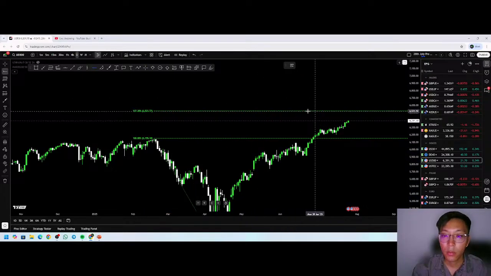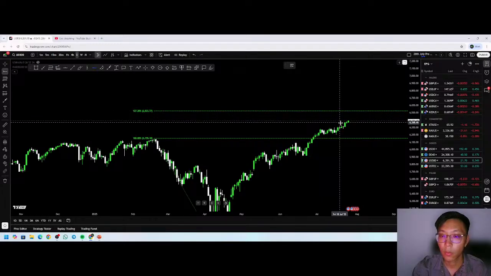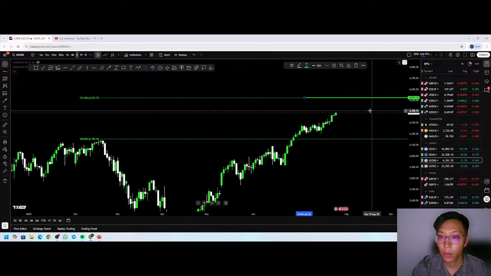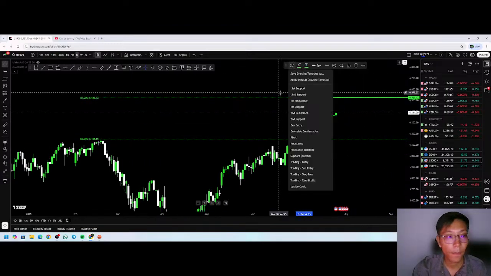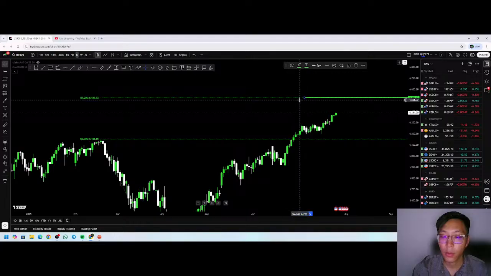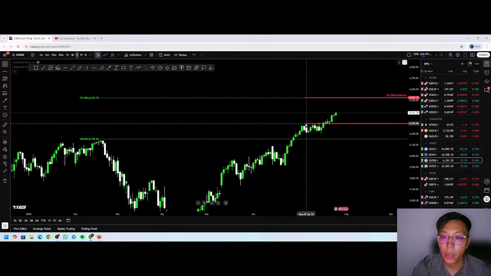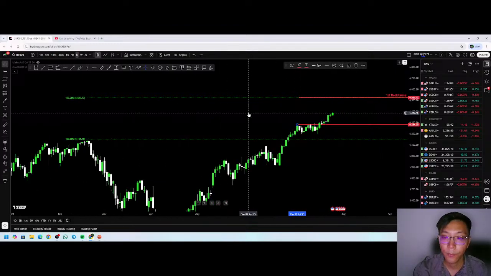Okay, this could be our pivot point. Okay, this could be our first support. This could be our first resistance, and then our pivot point is of course right here,